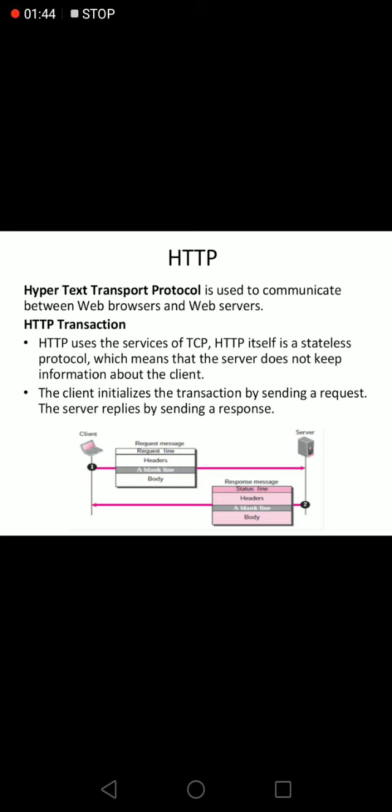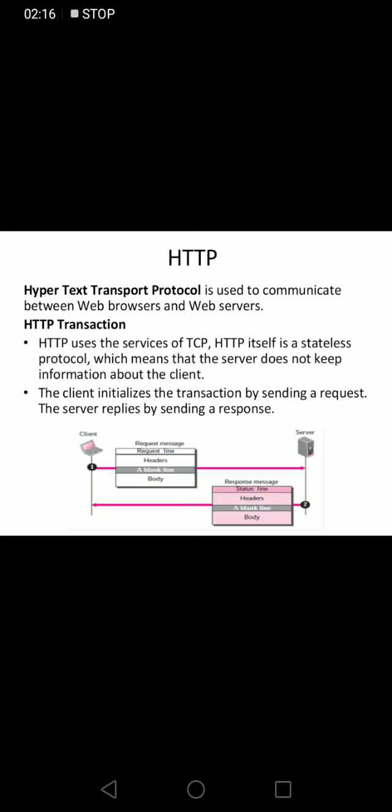HTTP uses the services of TCP, and HTTP itself is a stateless protocol, which means that the server doesn't keep information about the client. The client initiates the transaction by sending a request message, then the server replies by sending a response.